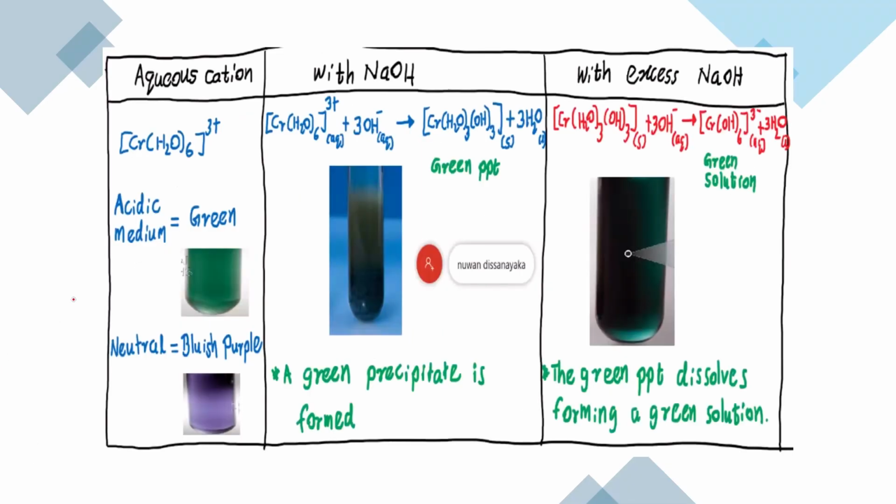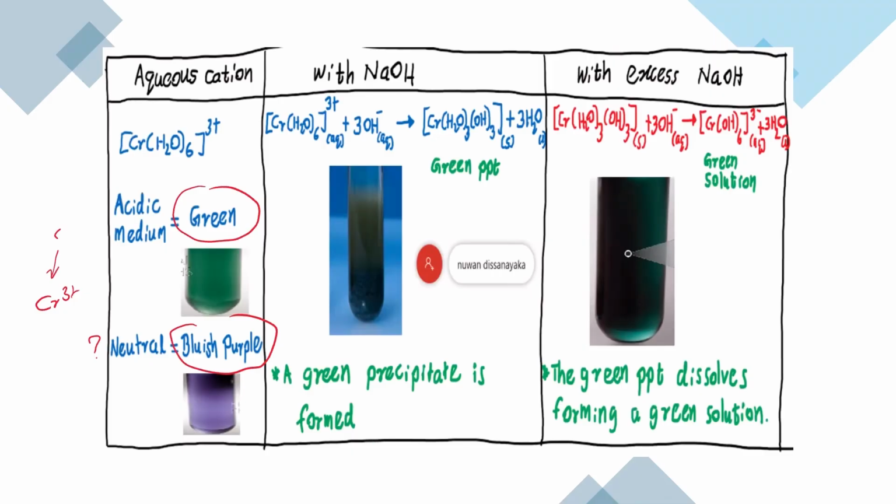You can do the same thing for chromium 3+ ion. Now I told you chromium 3+ ion in acidic medium is a green color solution. But if it is a neutral medium, it will be bluish purple. You might have this doubt, why is that? The reason is, actually, if you take chromium 3+ ion